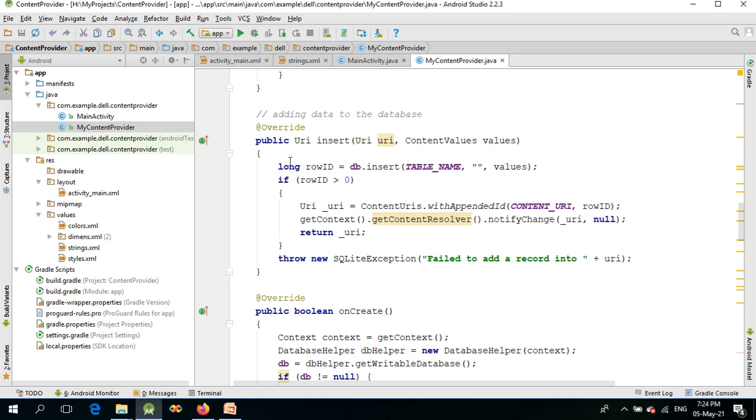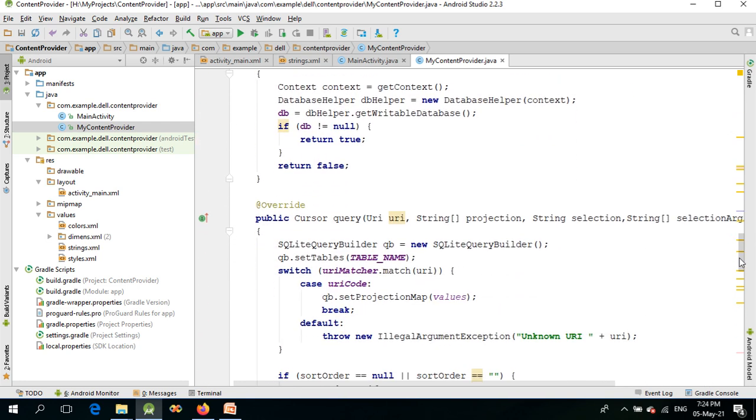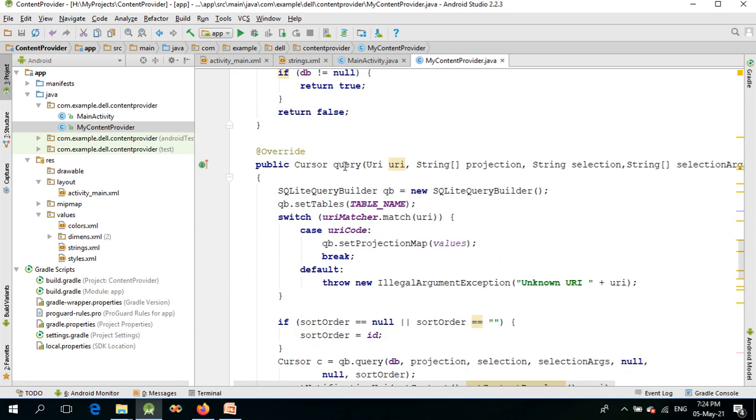Right, so this first method is called the query, which we have seen in the theory explanation. The query method accepts some parameters, and depending upon the parameters it fetches the desired results from the database and returns the object of cursor type. That is why its return type is a cursor, and it is specified as public,